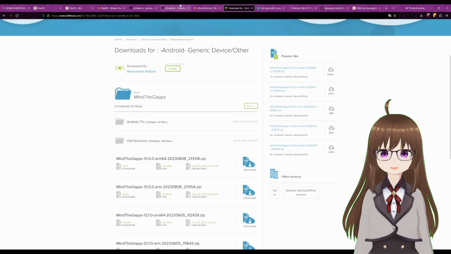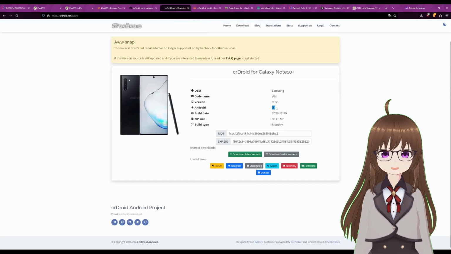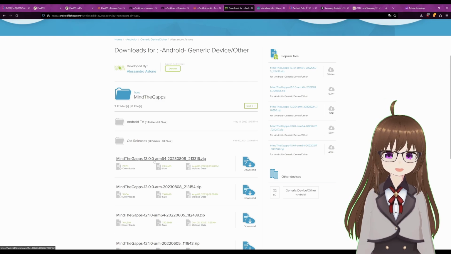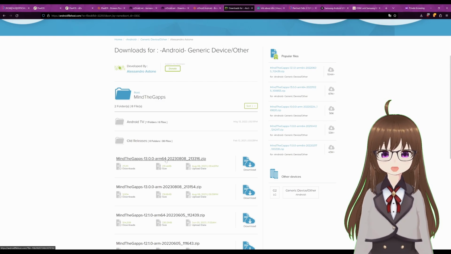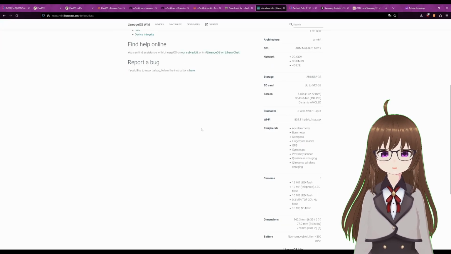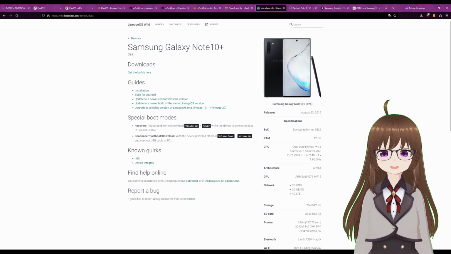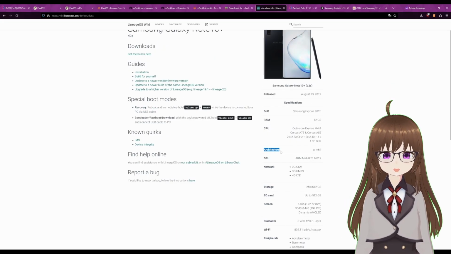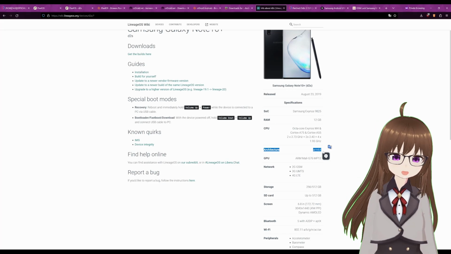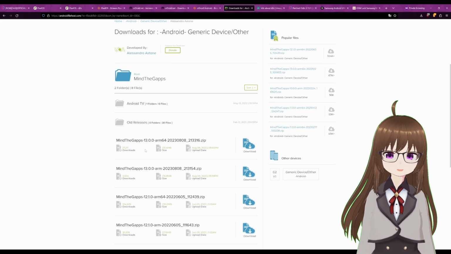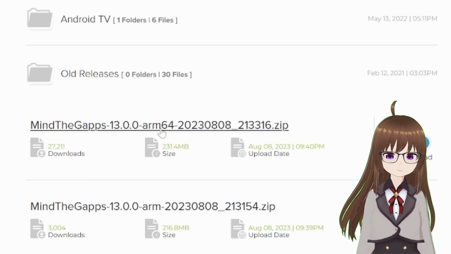So say for example, I'm going to install Android 13 from CR Droid. Then you have to match it right here on its name, 13. Following that is the architecture of your mobile device. Now, if you don't know the architecture of your mobile device, it's fine. Lineage OS Wiki has info about it. If you scroll down even a tiny bit from, say, the Galaxy Note 10 Plus page, you would see a section called Architecture, and there's your answer. So now we know that the Galaxy Note 10 Plus uses ARM64 for its architecture, which means when we put them all together, Android 13, ARM64, and there are no other builds, so this is the latest.